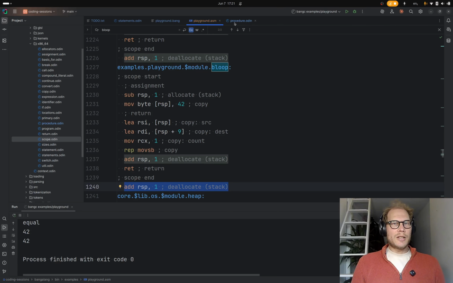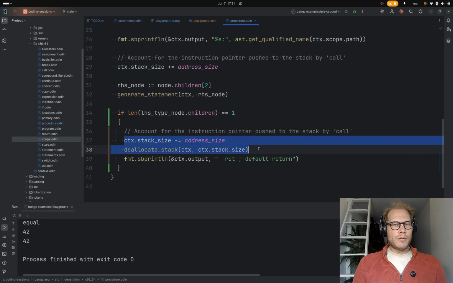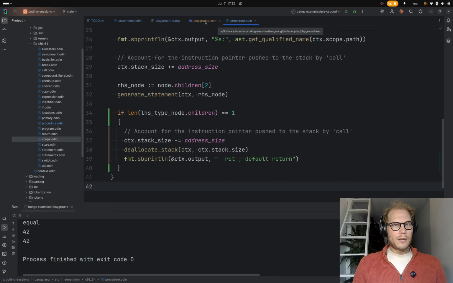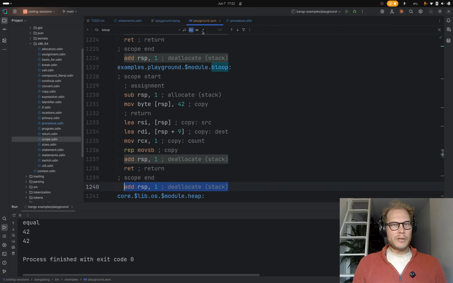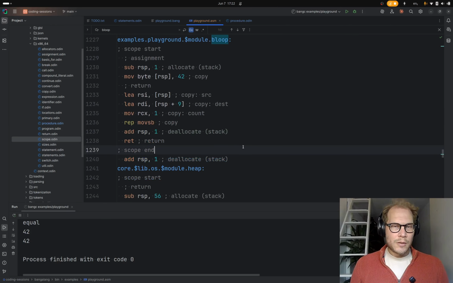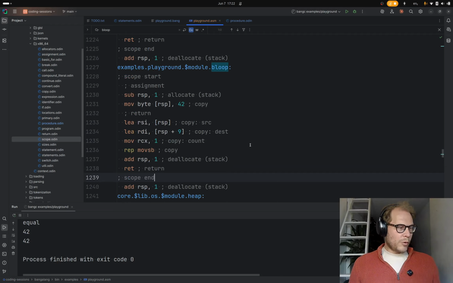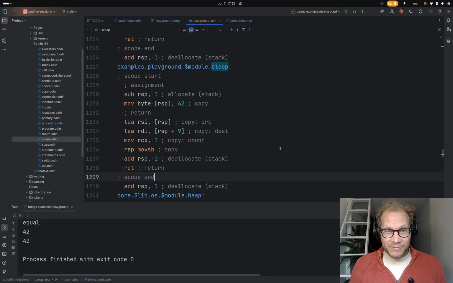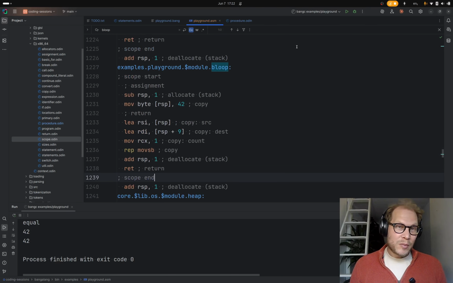So this deallocation in the procedure was really doing nothing. Okay, let's leave it anyway, because I'm more scared of what will happen if we remove it than what will happen if we keep it. At least we got rid of the return. I guess that's something.